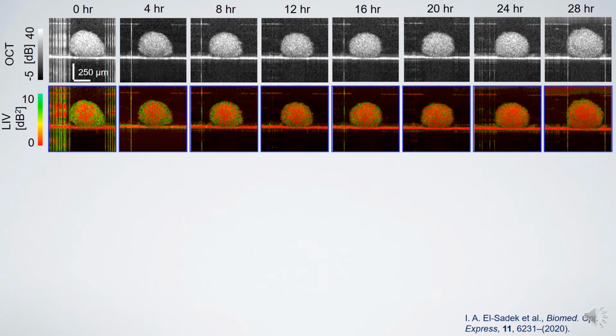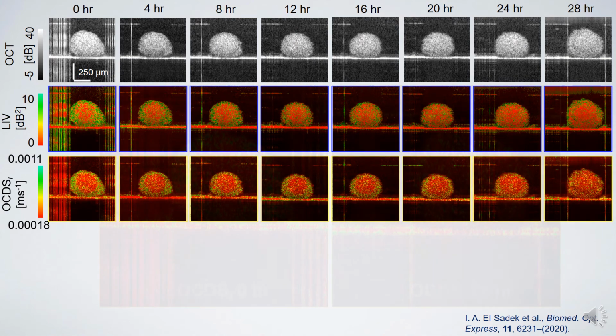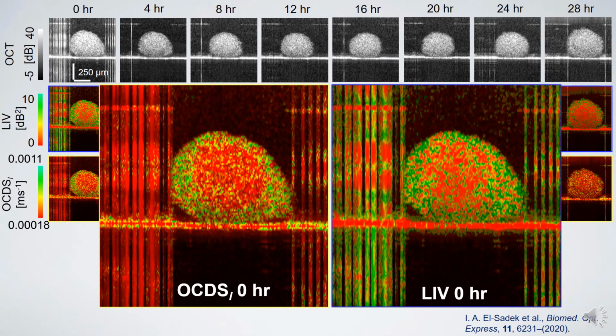Our second contrast is the OCDS-L, which shows similar appearance to the LIV at 0 hour and 28 hours. By comparing OCDS-L and LIV, we can see that the boundaries between high and low OCDS-L regions clearly appear in the OCDS-L image. That's maybe because these two methods are sensitive to different aspects of the tissue dynamics, such as OCDS-L is sensitive to the slow dynamics of the tissue, while LIV is sensitive to the magnitude of the fluctuations of the